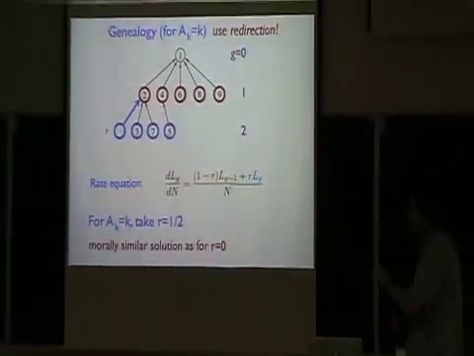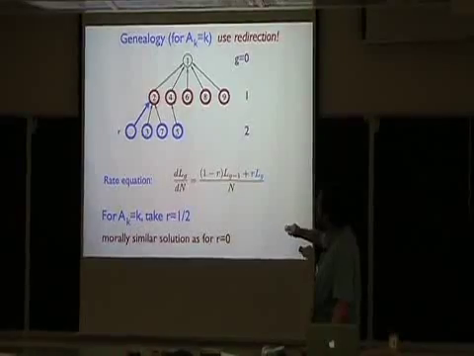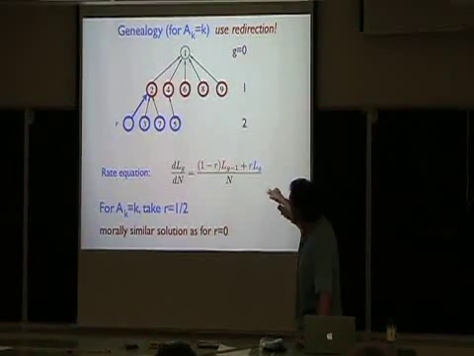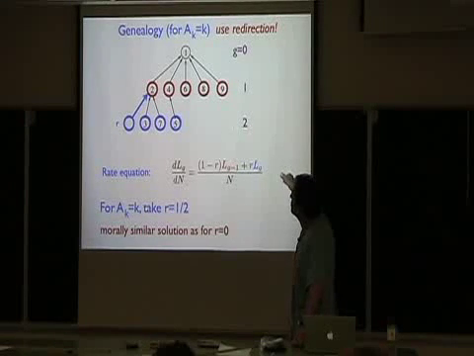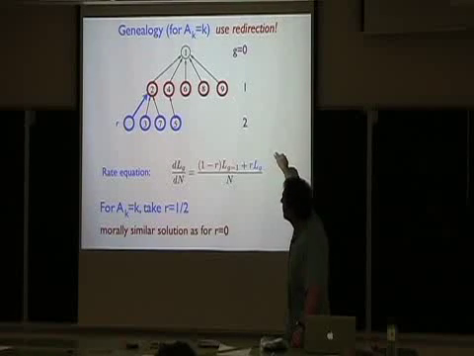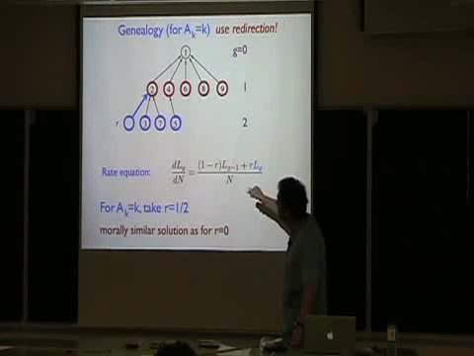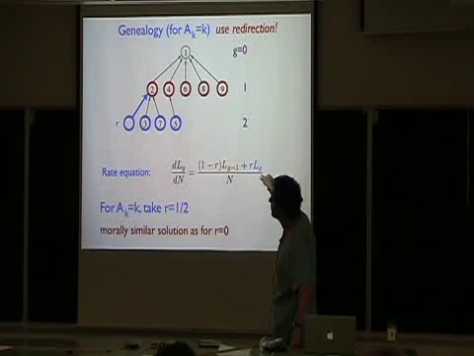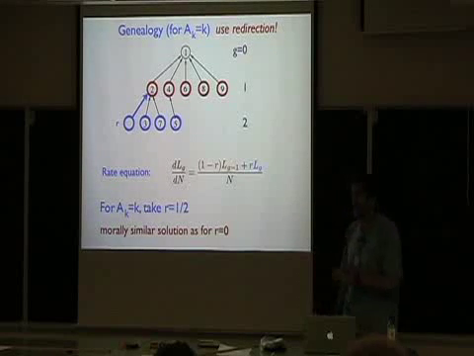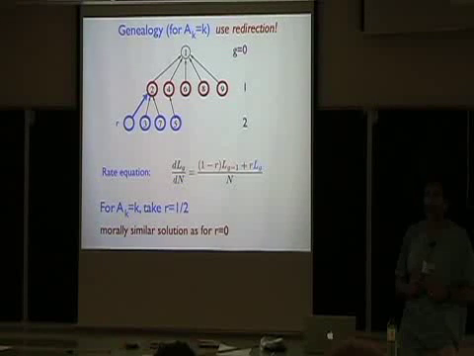No, I think this is true forever, because just look at this example: let's look at dL2 by dN. How does that change? What you mean by being in generation 2 is that you're relying on this line. So the way you can do it is you either attach to generation 1, or you attach to the last generation and then redirect. So this equation is true for all generations. There's nothing funny about the last one. I see that this is actually true in general. You have to stare at it for a minute, but I'm confident it's correct.